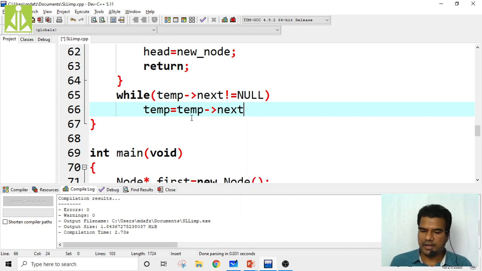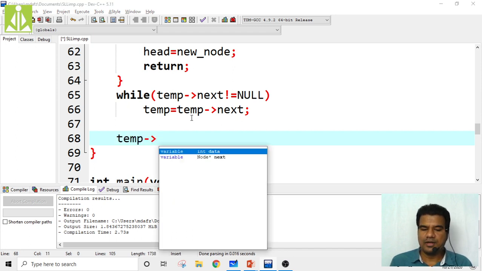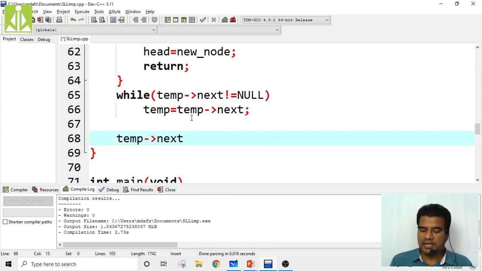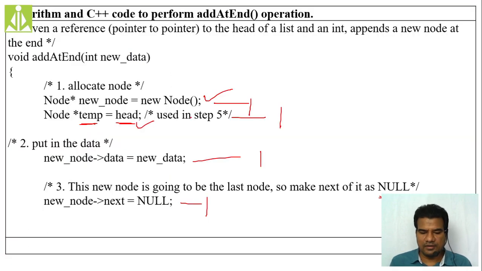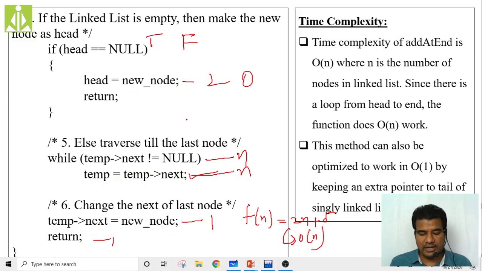After reaching, now the temporary pointer is at your last node. So at this point, simply make temp of next equals new node, then return.